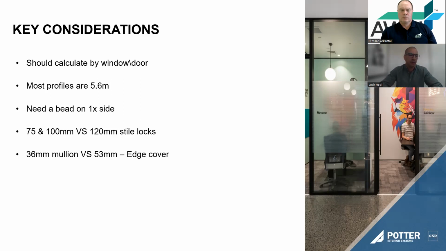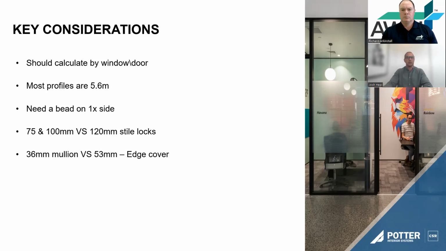If you've got a 10 or 30 mil glass, and you've got one pane of glass and you're shuffle glazing to install that glass, often if we don't get a deep pocket on one side, we're not going to get the amount of edge cover required to conform to the glazing code. So we tend to always push the 53 mil mullion because it covers all bases. But if you have, say, 12 or 30 mil glazing on a project and the specification is a 36 mil mullion,